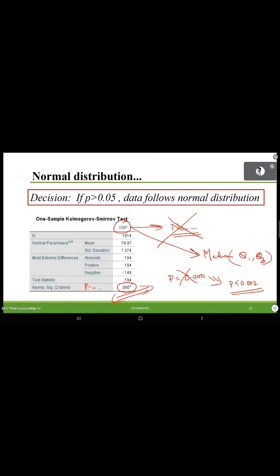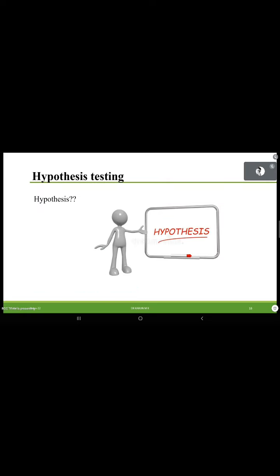Yes, sir. Okay. Now I will come to this point again. Why I mentioned normality, this normal distribution, I will come back to the same topic later. Now we will go to something known as hypothesis testing. I am not going to explain in depth what hypothesis testing is, or type 1 error, type 2 error, power. All those things I am not going to explain because this is the SPSS training program. I will just give you what is meant by hypothesis testing and we will do hands-on training using SPSS. That will be more effective than learning lots of theory.